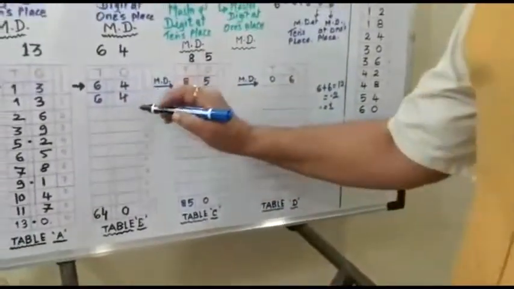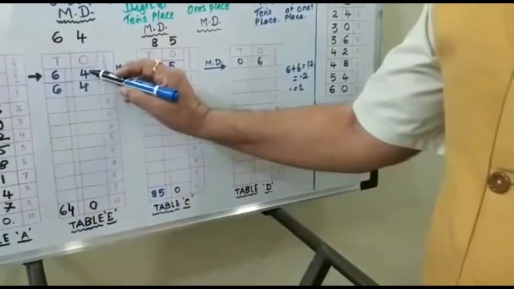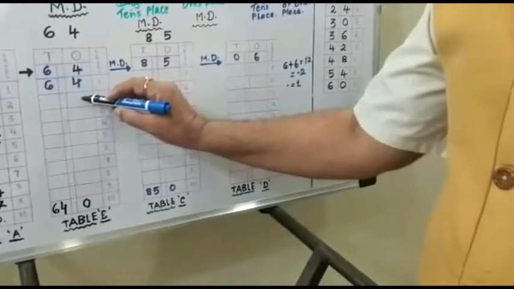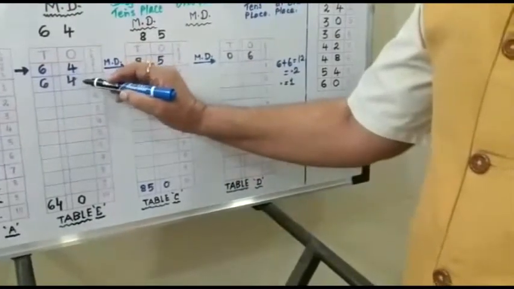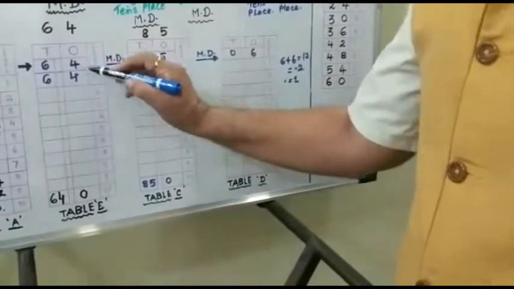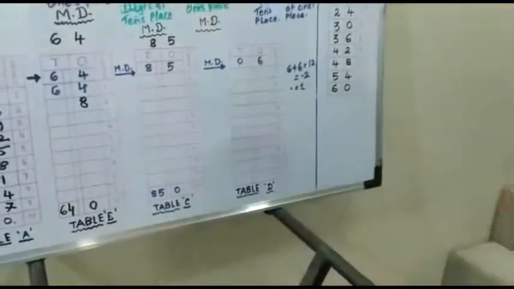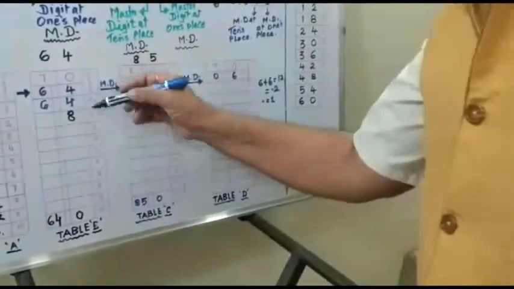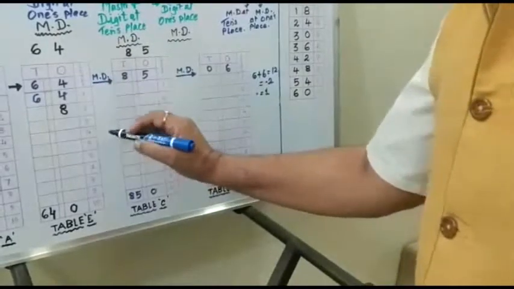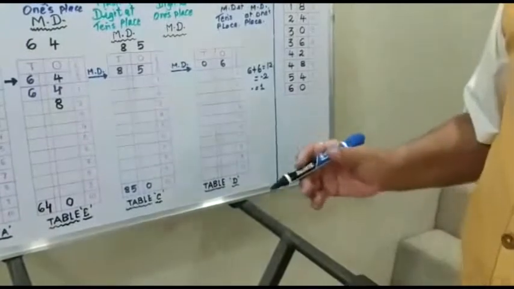Now the number at ones level that we already know is 4, and the master digit at ones place is 4. So now to get the next number, what we have to do? Very simple. We have to add this master digit to the number that we know. So 4 plus 4, 8. Okay. Now to get the next number, 8 plus 4 is 12. Oh, now we got a two-digit number. So what to do with that?